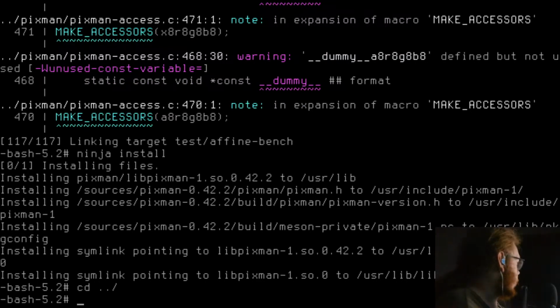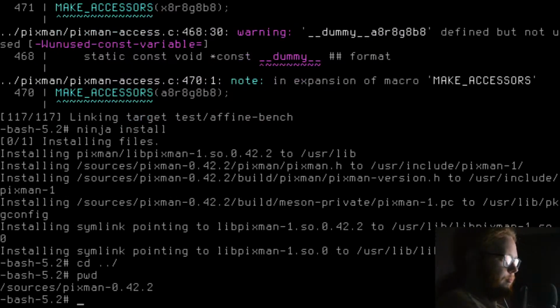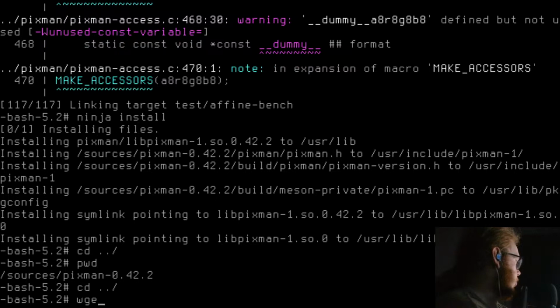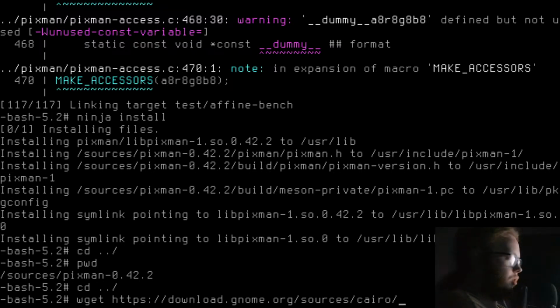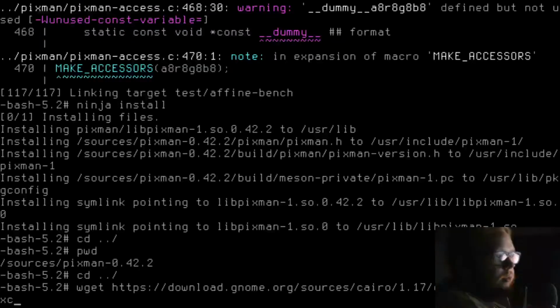We go back to Cairo. We now need to download Cairo. wget https://download.gnome.org/sources/cairo/1.17/cairo-1.17.6.tar.xz.